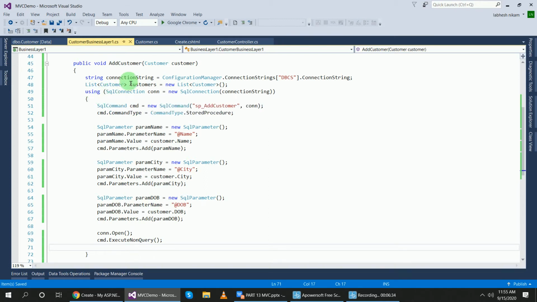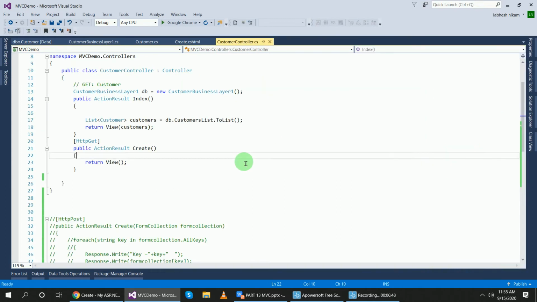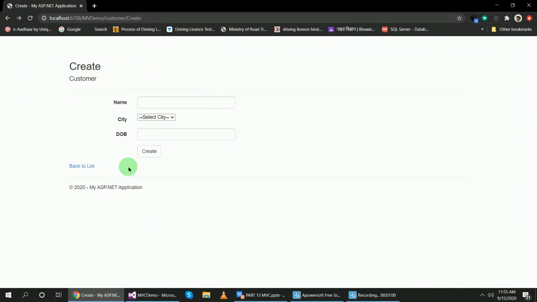Now I have to call this method inside of this MVC project, and inside of this MVC project I have the customer controller. Inside of this customer controller, last time in part 12, I created this create method to display this form, okay.